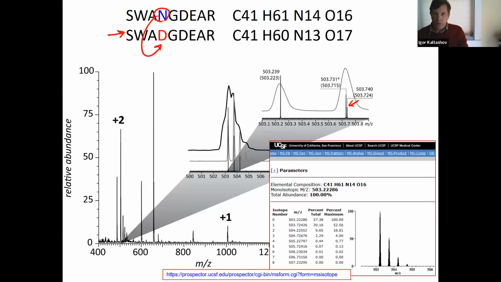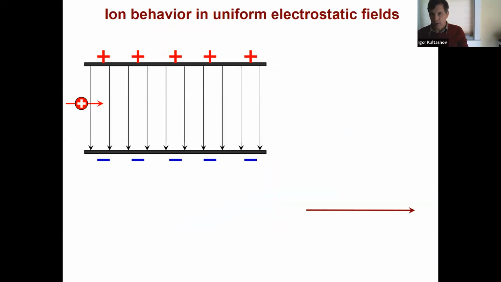So I want to spend the next 20-25 minutes talking about ways we actually measure mass to charge ratios in mass spectrometry. And today we're going to cover only 2 analyzers, time of flight and quadrupole MS. Hopefully on Friday, we'll extend our discussion to include the state-of-the-art instrumentation, ion cyclotron resonance mass spec. But I want to start my discussion with just reminding you